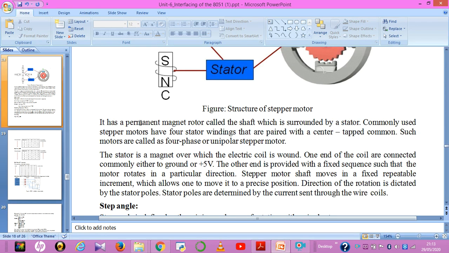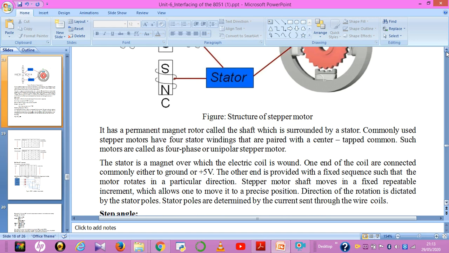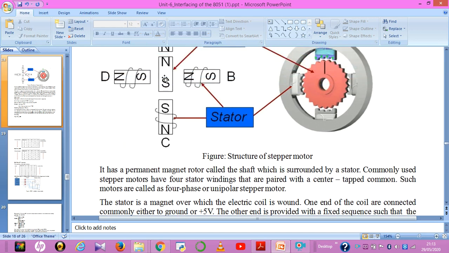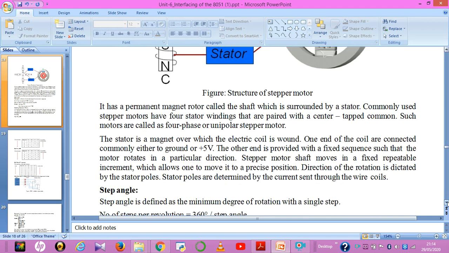Here I have written that it has a permanent magnet rotor, called the shaft, which is surrounded by the stator. You can see here a permanent magnet in the center, surrounded by the 4 stators. So the stepper motor has 4 stator windings, paired with a center-tapped common. Such motors are called 4-phase or unipolar stepper motors. Okay. Next,